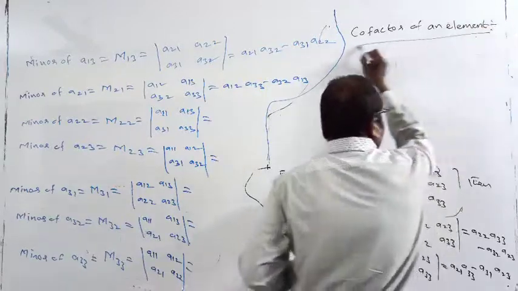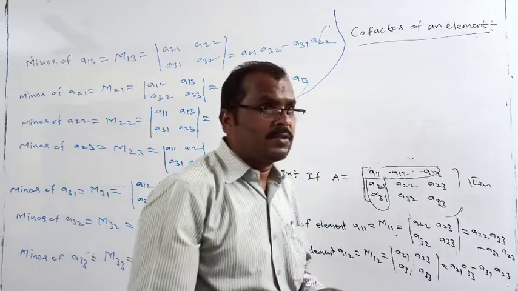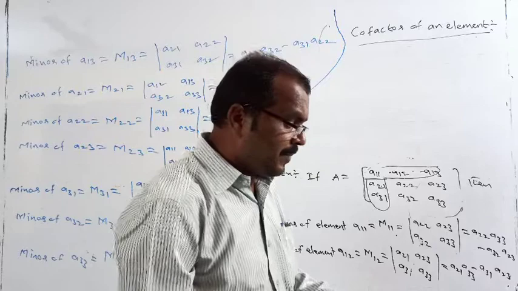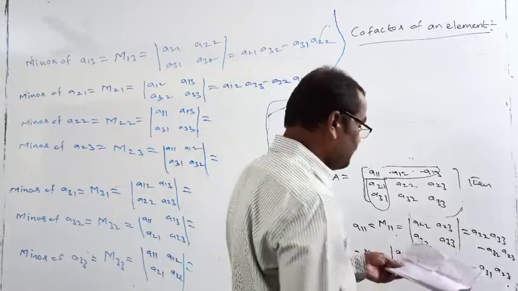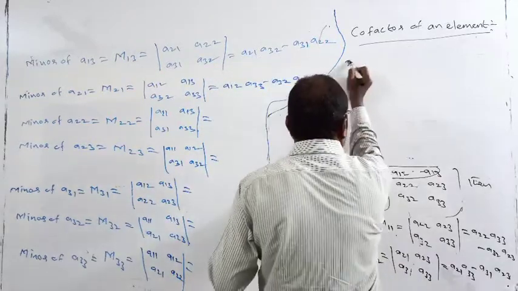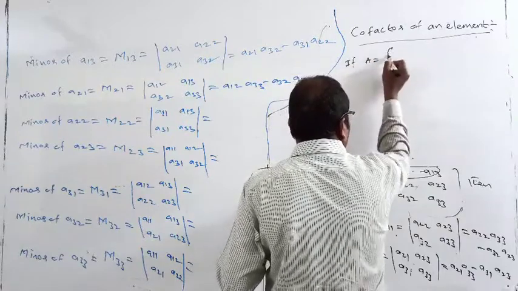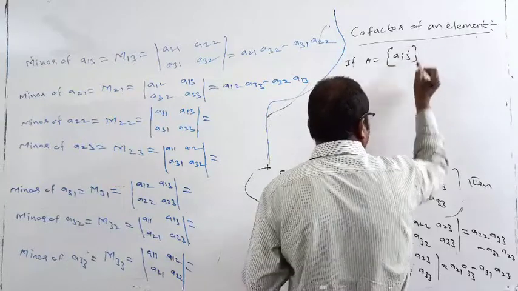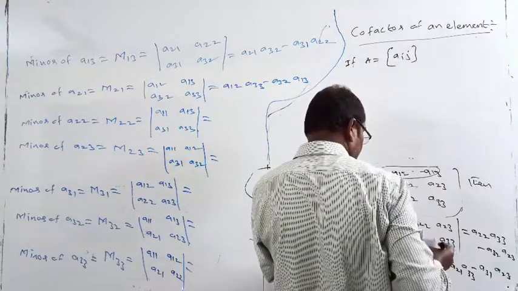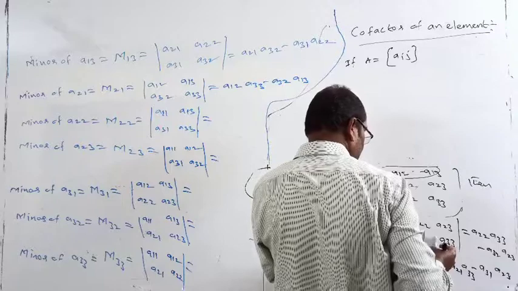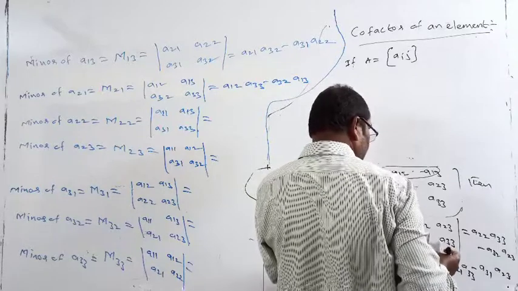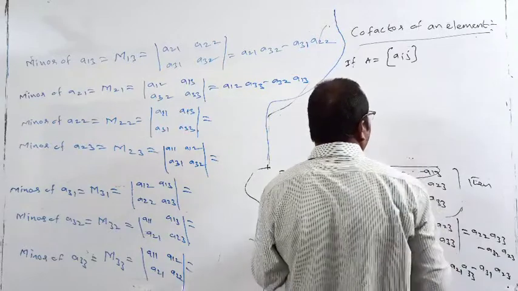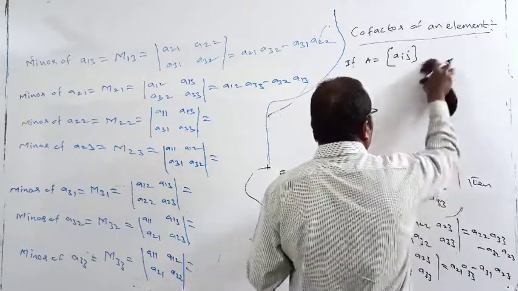For the minor I wrote it for an element, and for the cofactor I am also writing it for an element, but the elements are in matrices. Now the cofactor of an element: if capital A is equal to Aij, of order